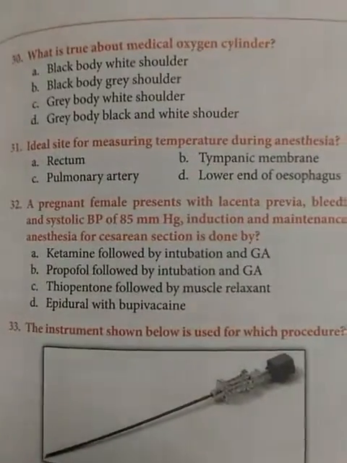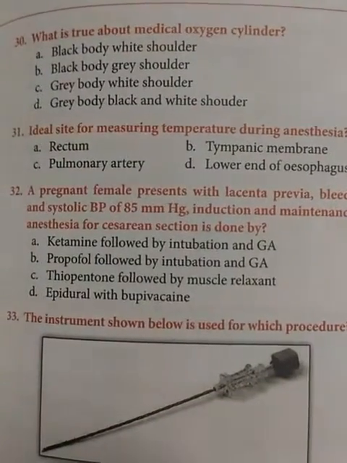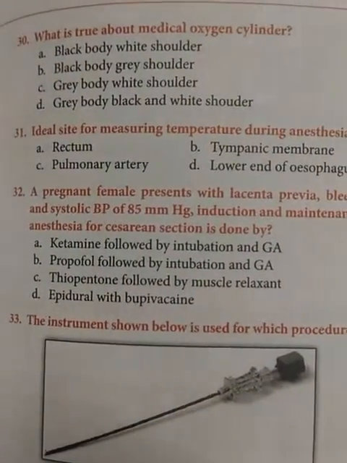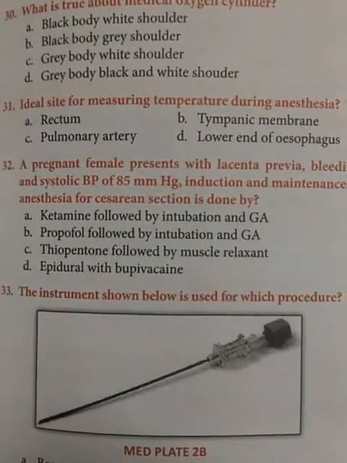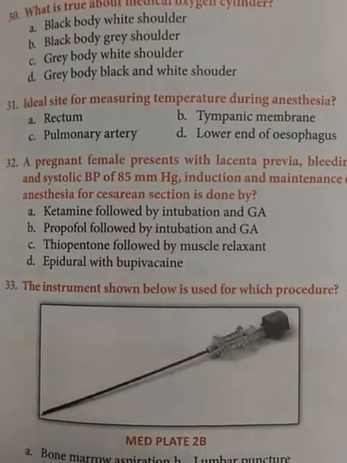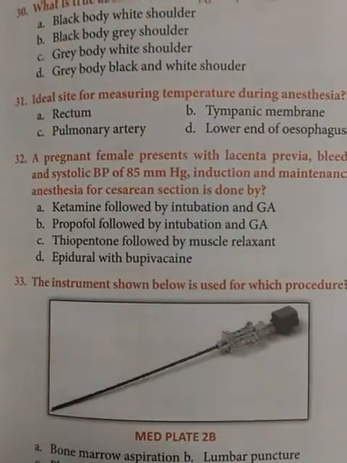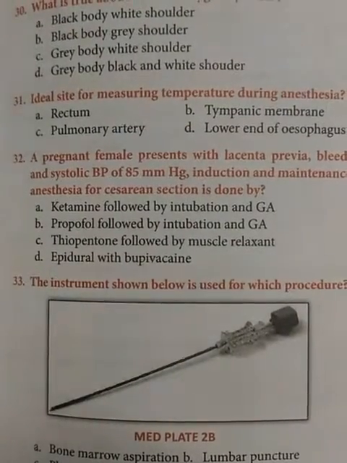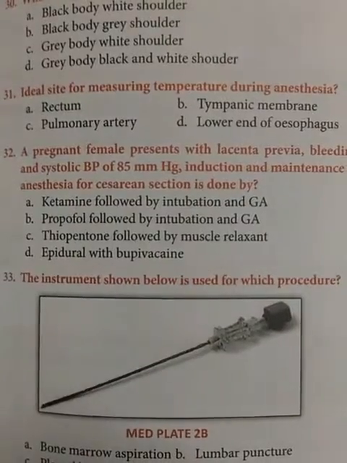Next, you all know that the oxygen cylinder color is a gray body, white shoulder. Option C. Ideal site for measuring temperature during anesthesia. Ideally, it's the tympanic membrane. However, it's not used, but the ideal condition is asked. So the answer is the tympanic membrane. We use rectal or oesophageal temperature. Oesophagus is quite